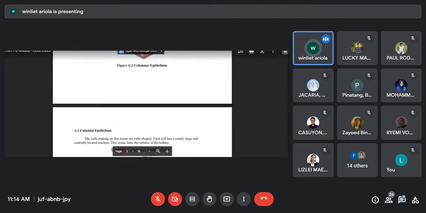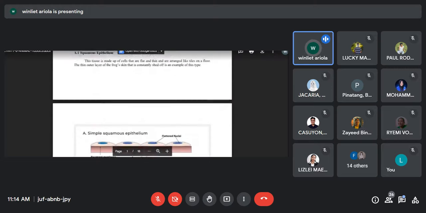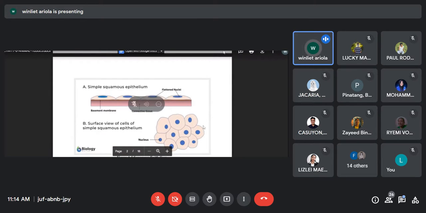Okay? So remember the difference between simple and stratified. Sige, what is simple? When we say simple, it means one layer lang. Okay, it is only composed of one layer. But when we say stratified, it is two or more layers. How about the term pseudo-stratified? Ano ibig sabihin nun? Yung one layer lang po siya, ma'am, pero it appears to be consisting of different layers po. Okay, no? So, from the word pseudo, which means false. So, ibig sabihin, hindi siya stratified actually. Hindi siya composed of